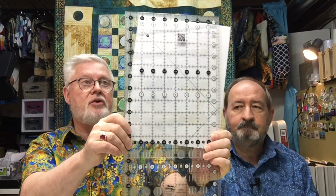The markings on Creative Grids rulers too, and I like Creative Grids rulers because they're very clear. You can see the markings on it. You can see everything's marked out with these dots. The whole bit, and it does go into 1/8 of an inch increments, which is good too. So I like the OmniGrid ones too, but I like these ones. I find they're a little bit clearer to figure out your actual